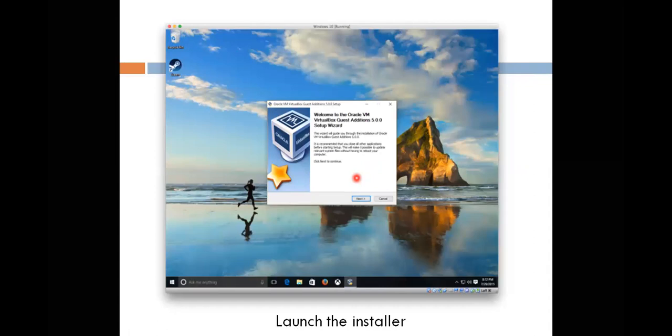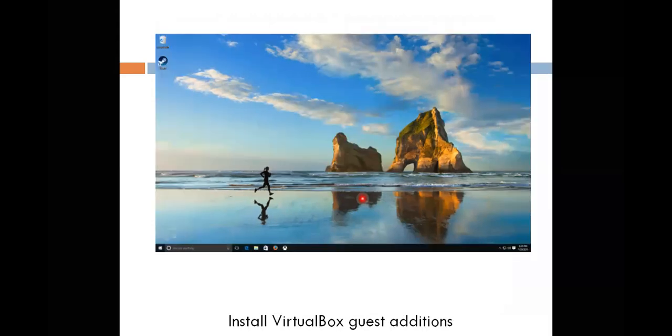If we want to use this environment, what do I have to do? I click on the Oracle VirtualBox Guest Additions. If you install Windows 10 in your VirtualBox but you didn't install the Guest Additions, then you need to install them by choosing this VirtualBox, the symbol of Oracle VirtualBox. Here this VirtualBox is specified, we click on next, and then it will be installed, and then we'll have a page like this.